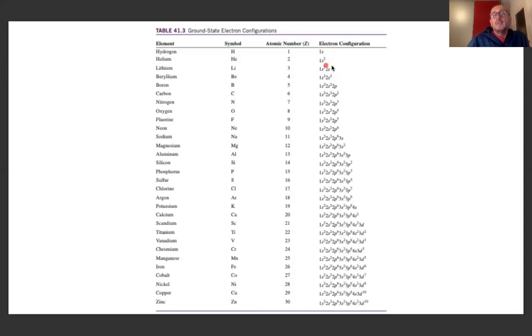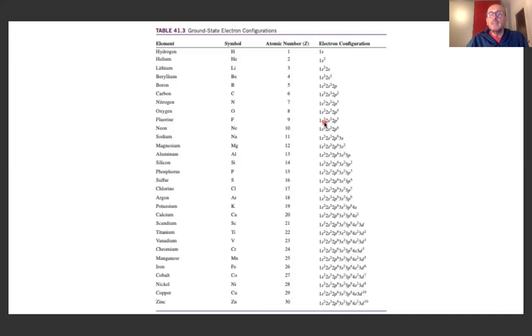And again, the first state is a 1s state, and a 1s state can hold 2 electrons, 1 for each value of the spin. So I could have a spin up and a spin down, and I can start filling this table all along in the same way. And we have developed this notation here. No, we haven't; somebody developed this notation, where the number in front, the 1, means n equals 1, and the s means L equals 0 state. The 2 here means this second level is n equal to 2, and the s level here is filled with 2 electrons,